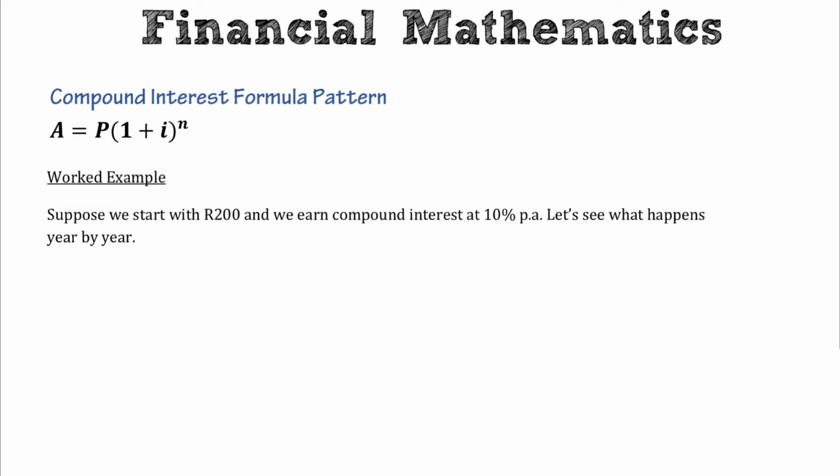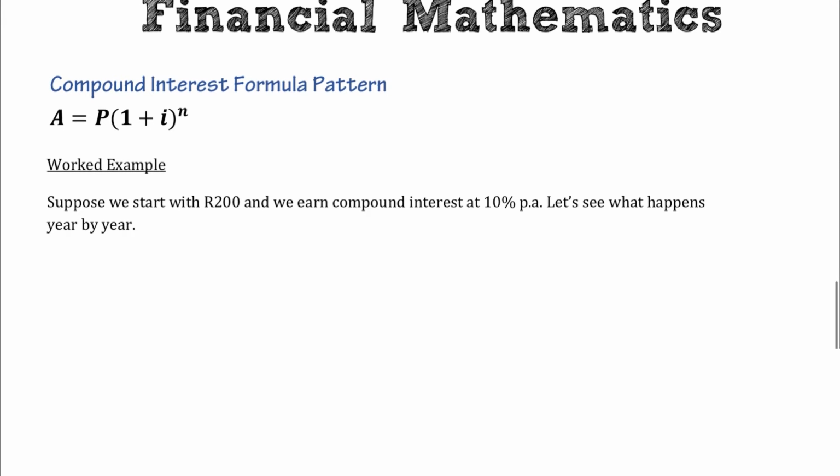So in this bonus video, we're going to look at where the compound interest formula comes from, but we're going to do it using some numbers to see the pattern in how we build up year by year. So if we look at the numbers we've been given here, we're starting with 200 Rand